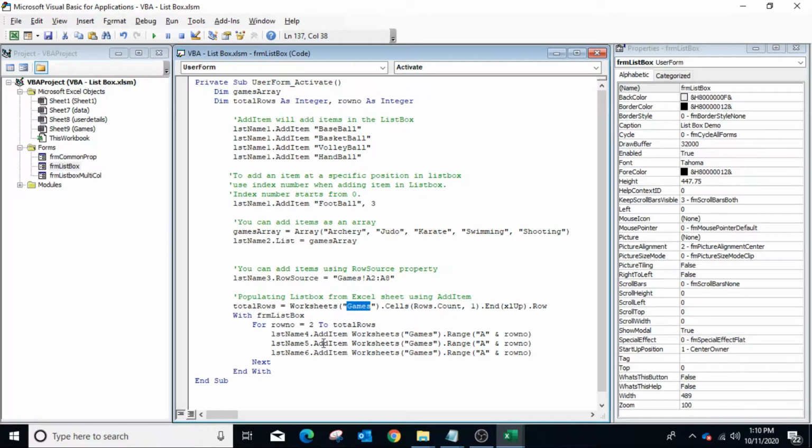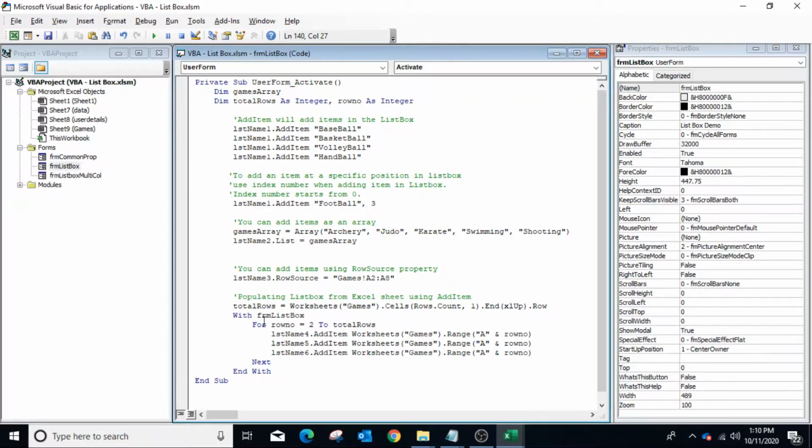To populate list box number 4, 5 and 6 together, we have used a With statement, and within the With statement we have used a loop to assign all the values available in the Excel sheet to the list box using AddItem.